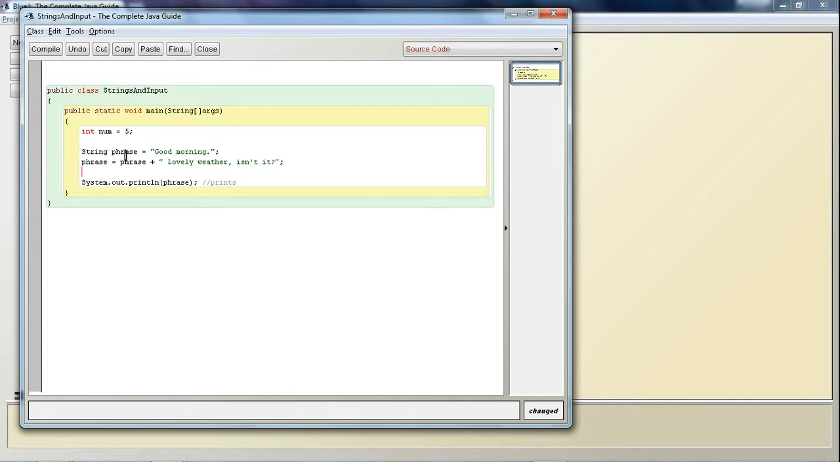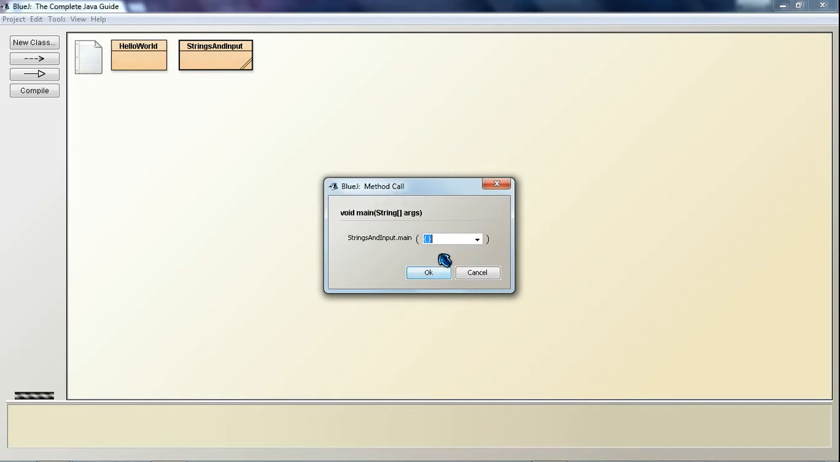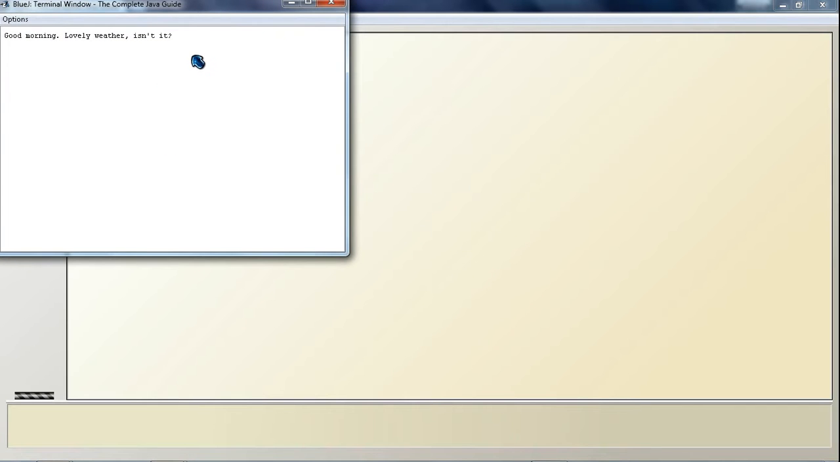So if you want to actually print this out at this point, you hit compile, which, like I said earlier, turns your source code into bytecode. Then you close this, and you right-click on your class, hit void main string arrays. Other IDEs probably have different systems for this, but this is how BlueJ does it. Click here, ignore this. And if you notice, it's printed out phrase, this is our phrase, and it's all one neat